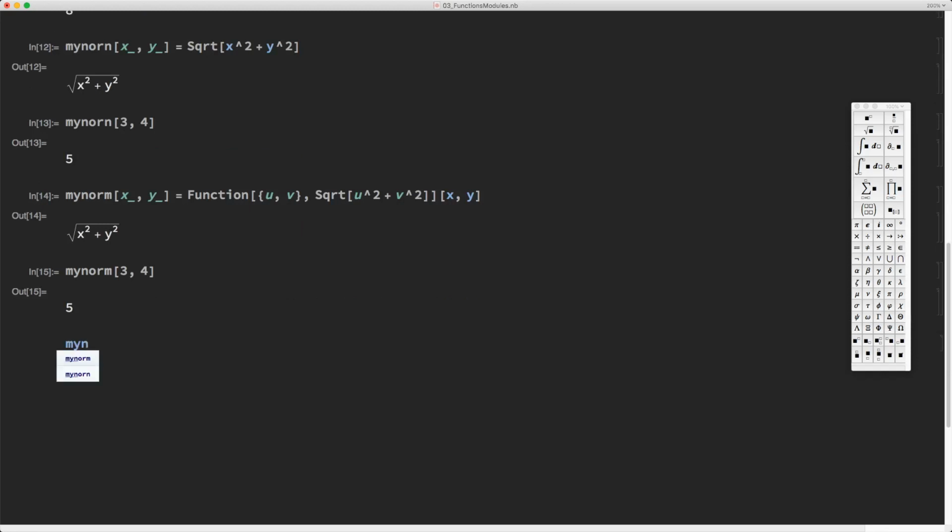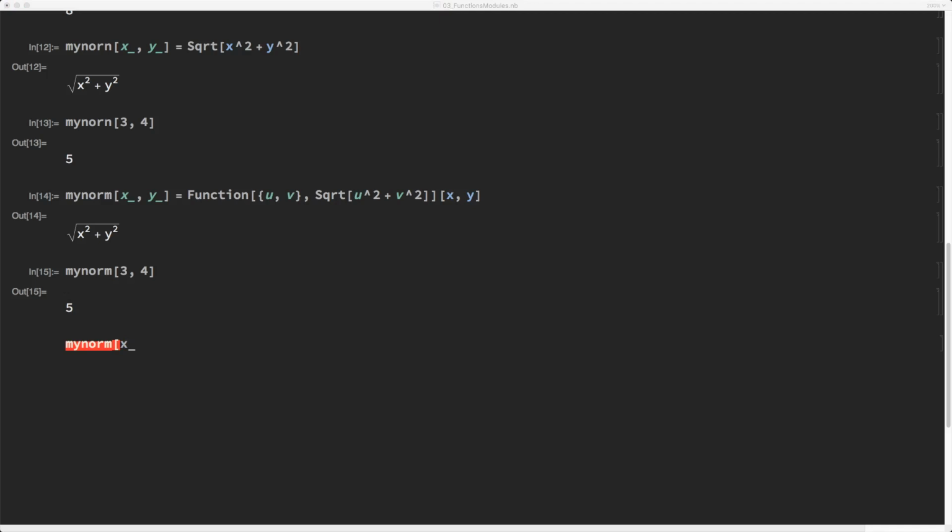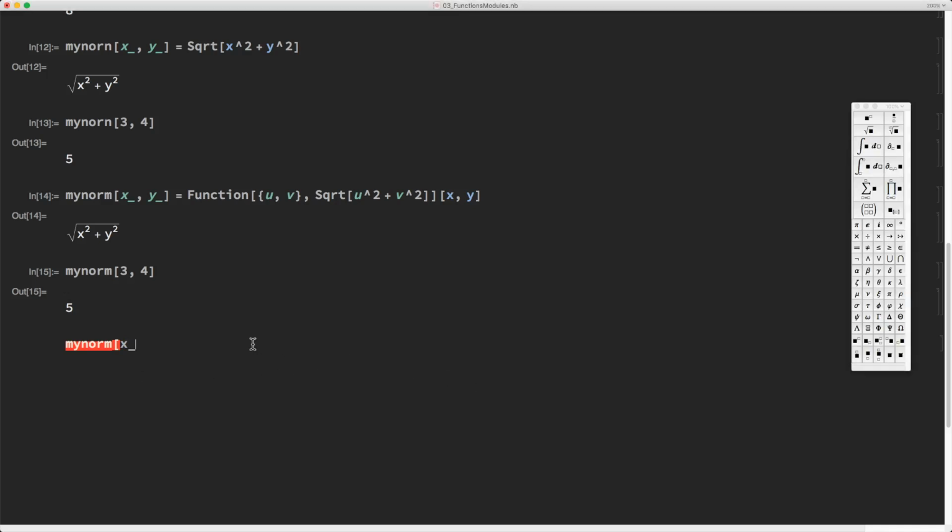So I can say myNorm of x and y equals square root, and then you can name your variables using #1 squared plus #2 squared, and then ampersand. So this defines a pure function